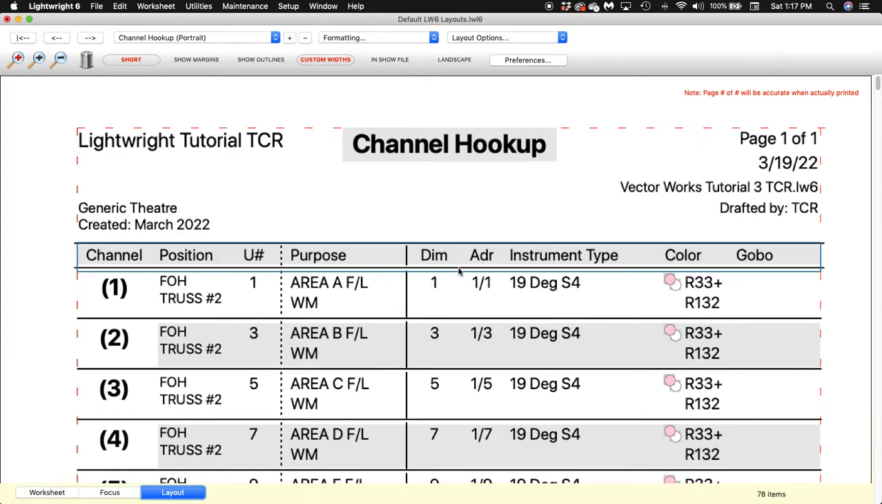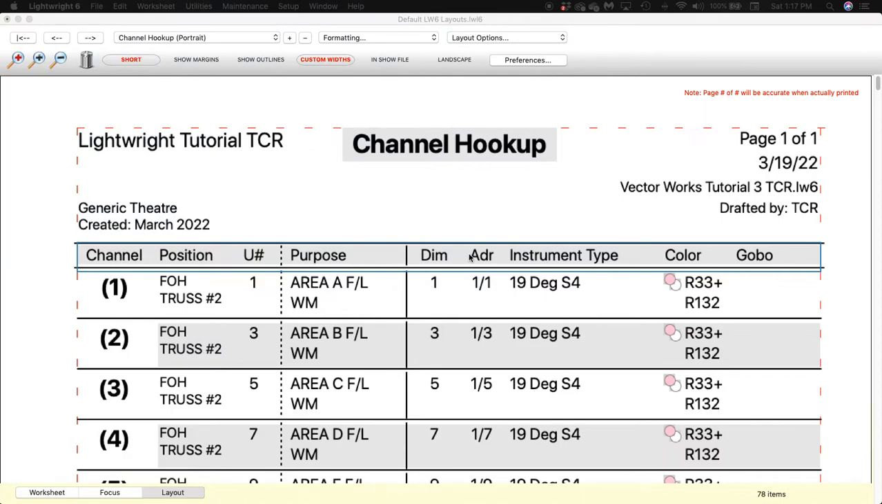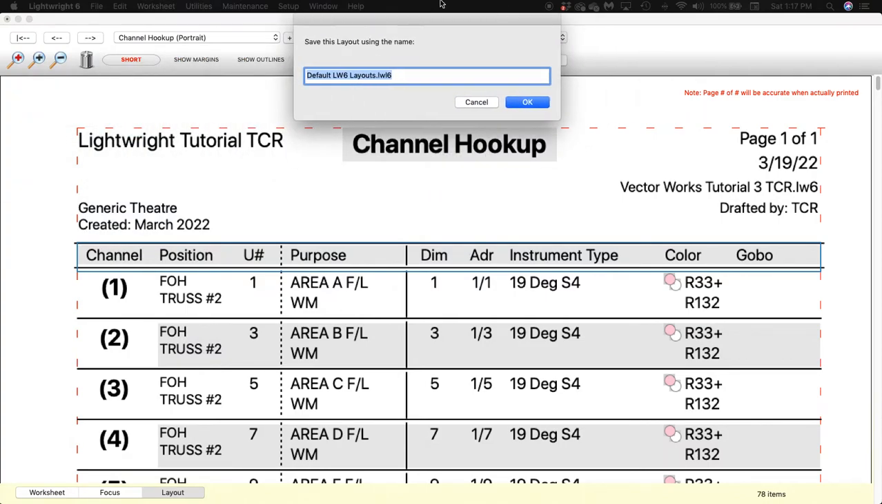Okay, so once we've got that all squared away, we're going to save this layout. And that's a little bit different than saving the file. We're going to come up here to File and come down to Save Layout As. And we want to put it in this shows folder or file. So I'll click that, and I get a new dialog box asking me to save this layout using what name. I'm just going to change this to,